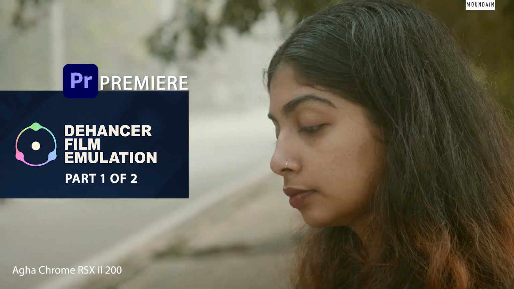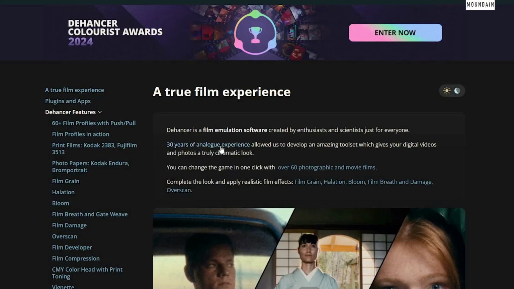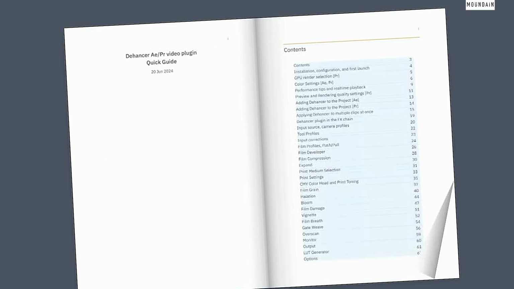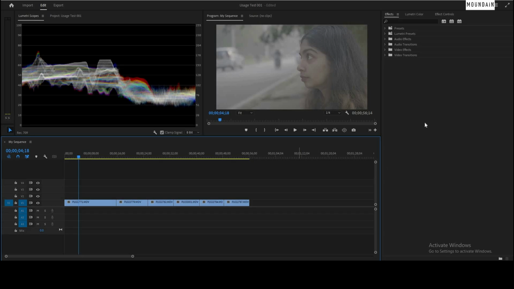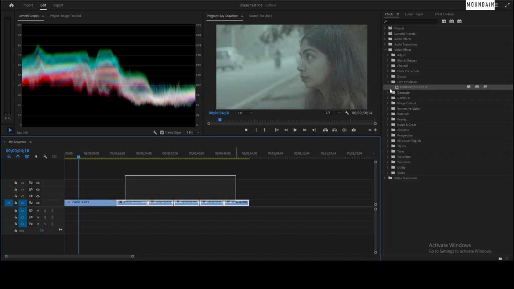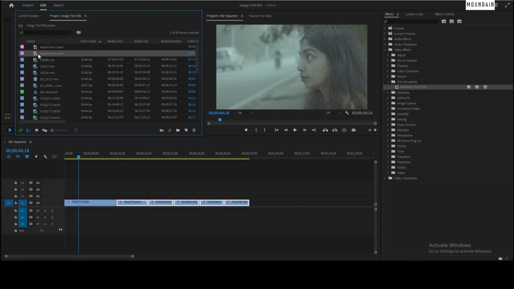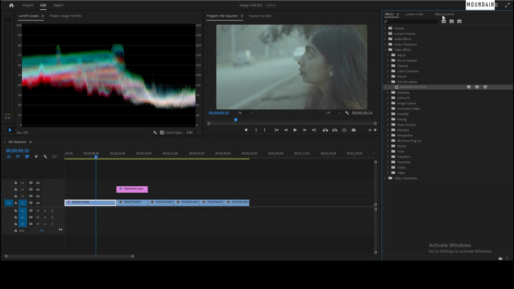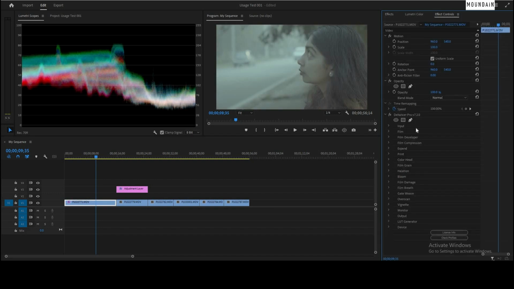Using Dehancer, you can give a filmy look for your videos. It has a ton of features to make your videos look like film. Once it's installed, it comes under Video Effects, Film Emulsion, Dehancer. I can apply the plugin onto the clip, or apply it on multiple clips, or I can apply it on an adjustment layer. In this video, let's go through the most important features of the plugin: input, film, film grain,